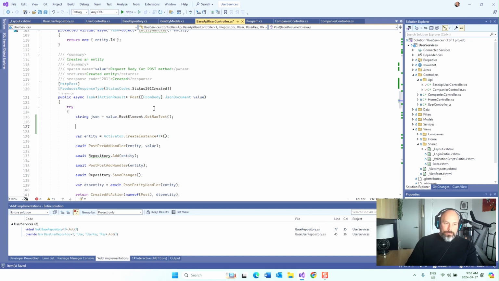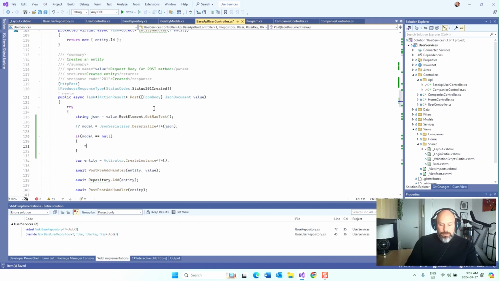And then I can start to work with the JSON deserializer. In this case, I'm going to use a nullable T. I can produce a model from what came into that JSON. So with the JSON serializer, I can do a JSON deserialize, model it as a T, and just pass in the JSON string. That gives me a nullable model, and I can test for null. So in this case, if model equals null,